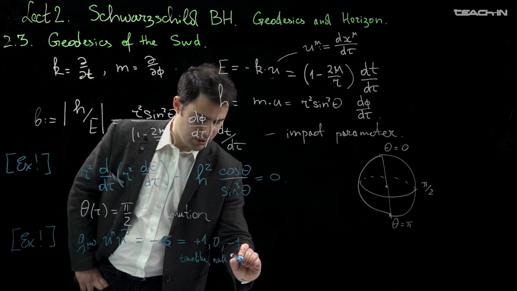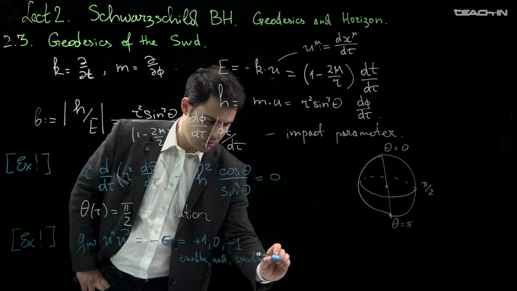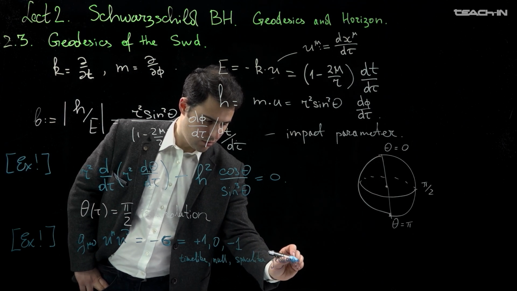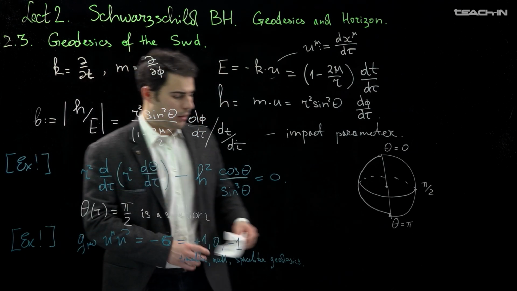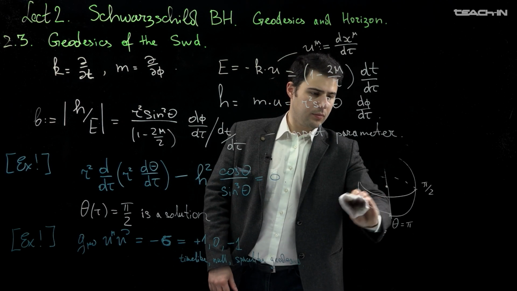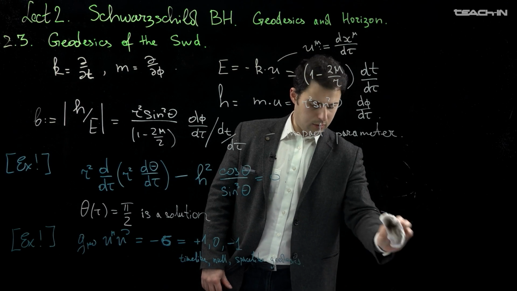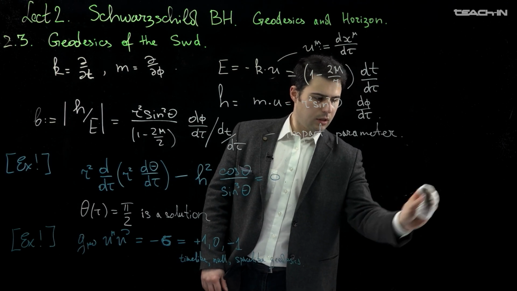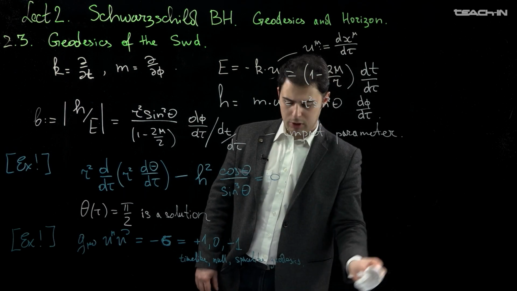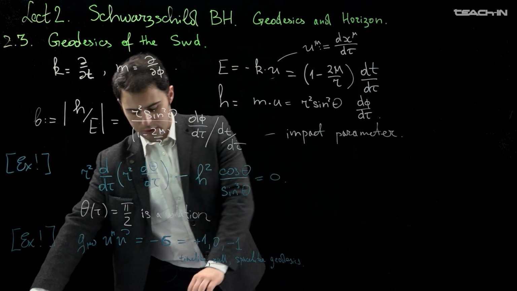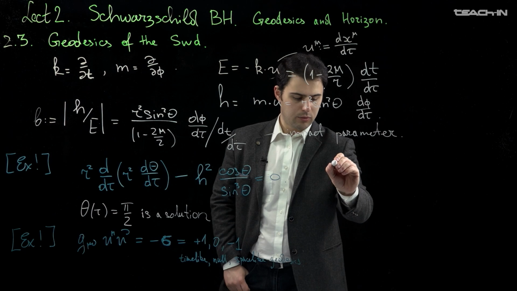null, and space-like geodesics. Then the radial equations of motion can be formulated in terms of some effective potential. So we have